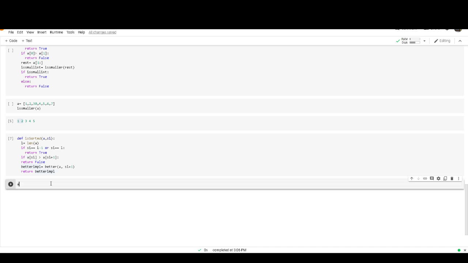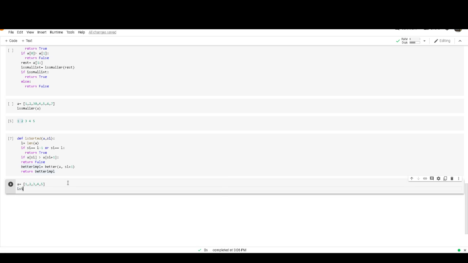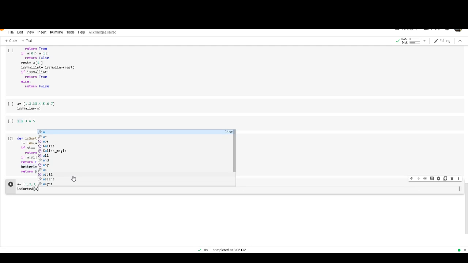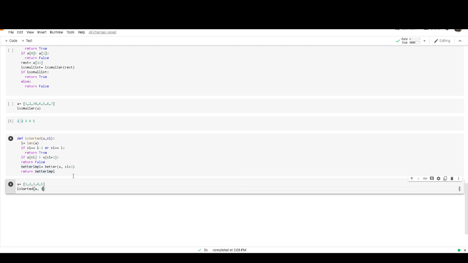Then we type A equal to 1, 2, 3, 4, 5. Don't forget the bracket. Then is sorted of A comma 0, because we defined a single index also.